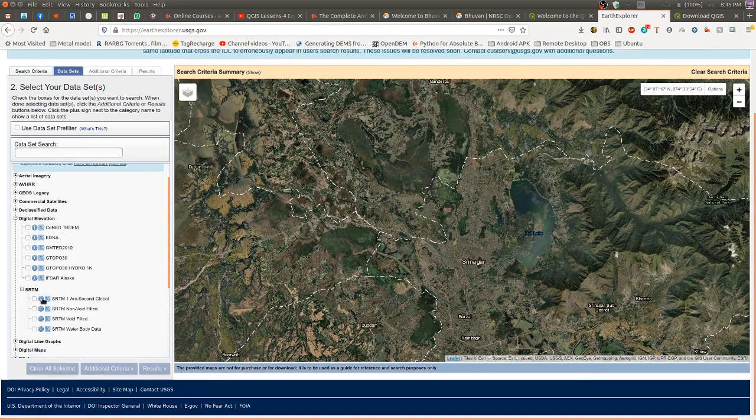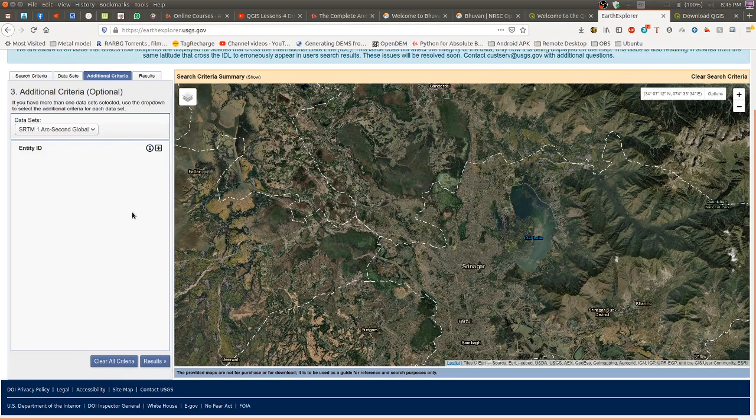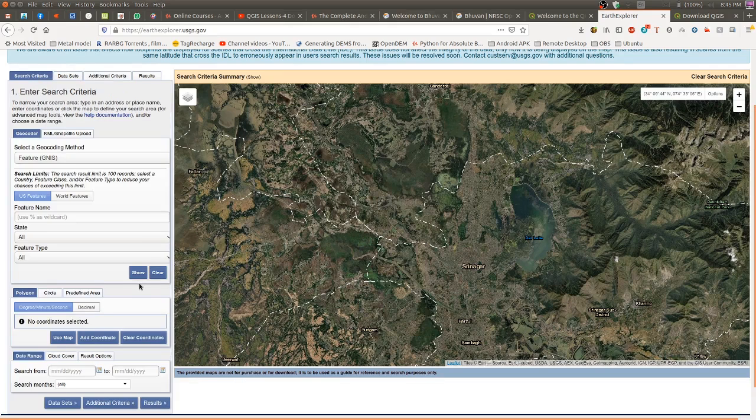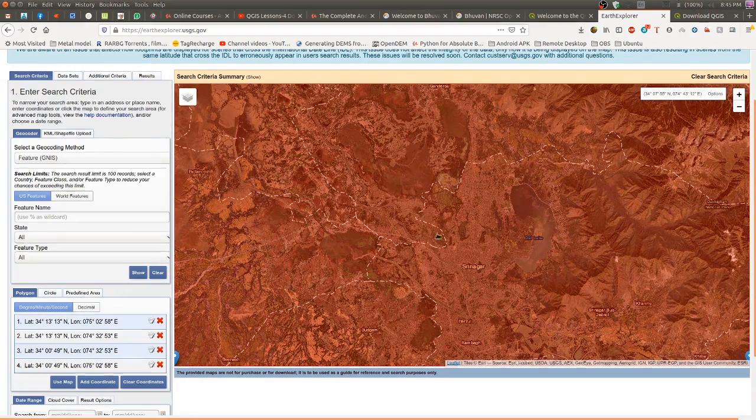Click this one arc second global, and this is our selection criteria. Search criteria, the first search criterion is our area. Use map. Use map means this entire window will be taken.